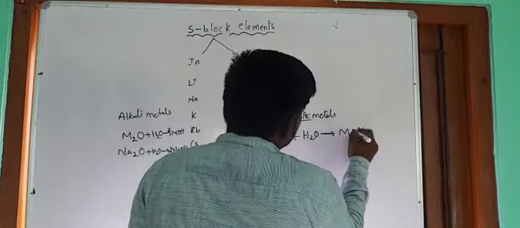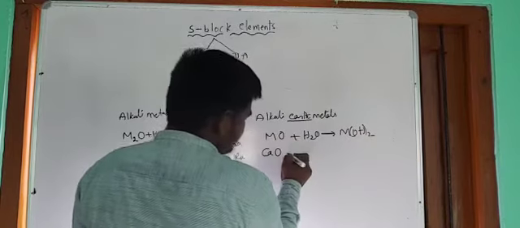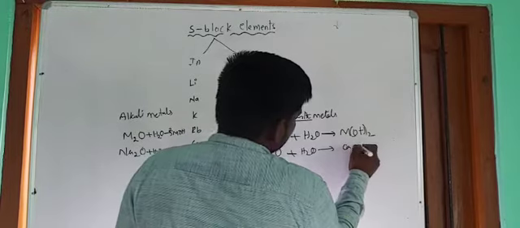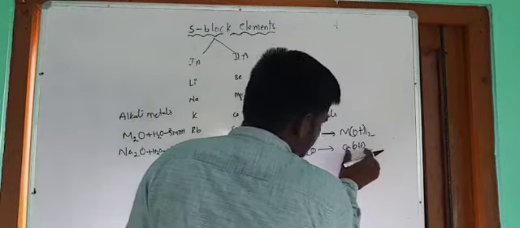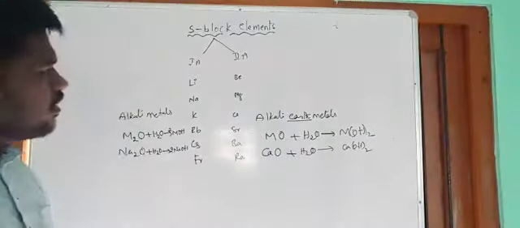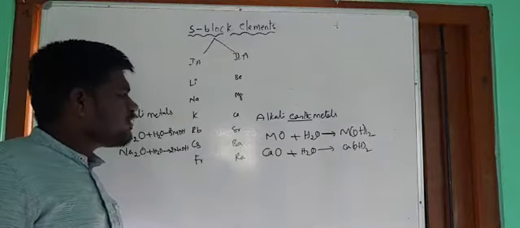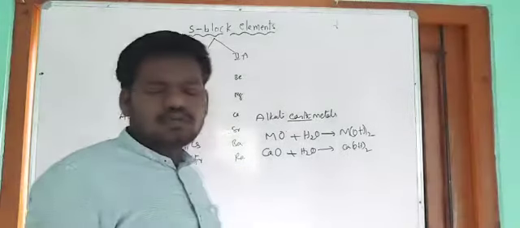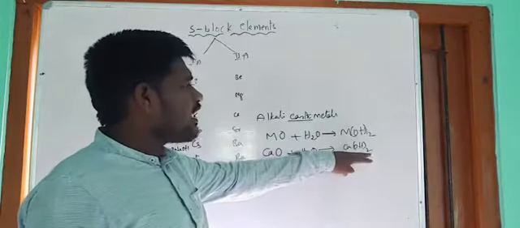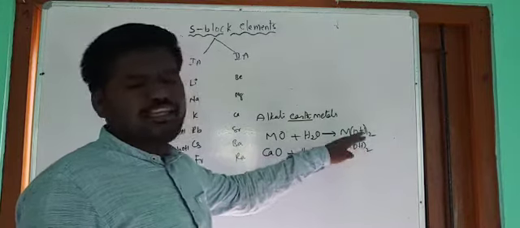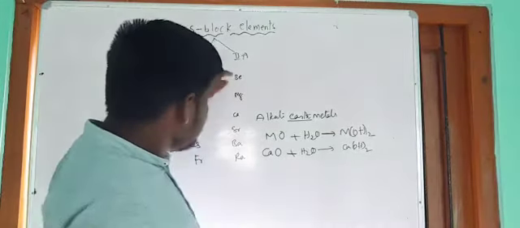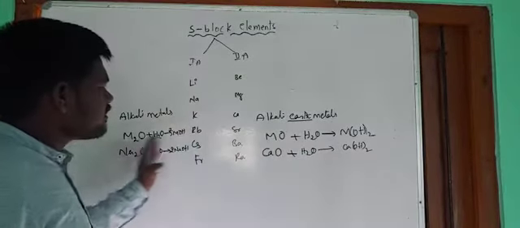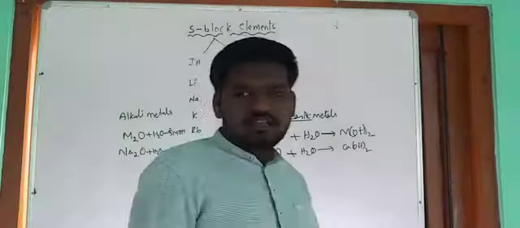So now, when these metal oxides are treated with water, we can get metal hydroxides. Here also we can get the metal hydroxides. The CaO, when it is treated with water, you can get here Ca(OH)2. So this is also a metal hydroxide. All the metal oxides of the second A group, when they are treated with water, you can get the metal hydroxides. So now these metal hydroxides are alkaline in nature. That's why these are also known as alkali earth metals. These are alkali metals and these are alkali earth metals.